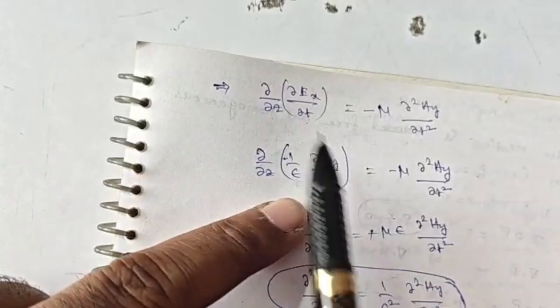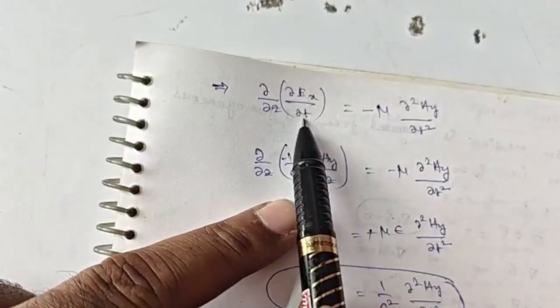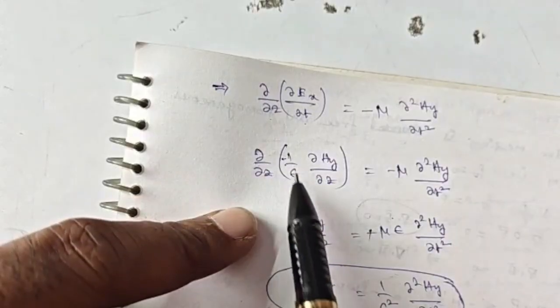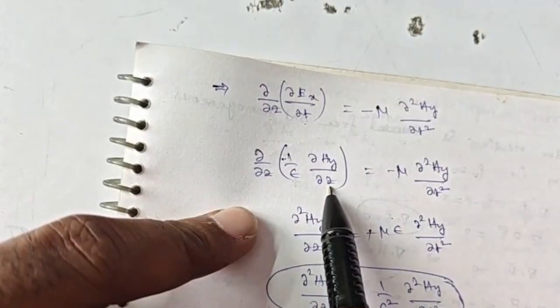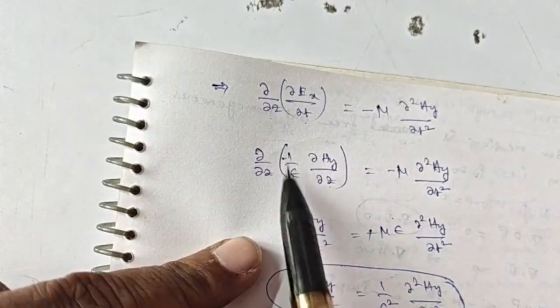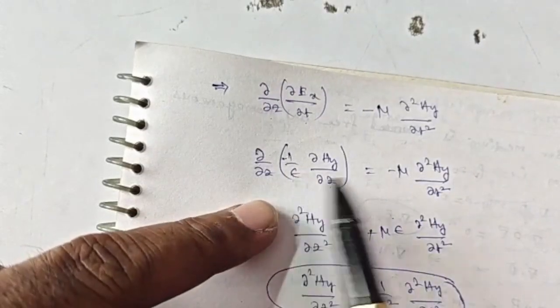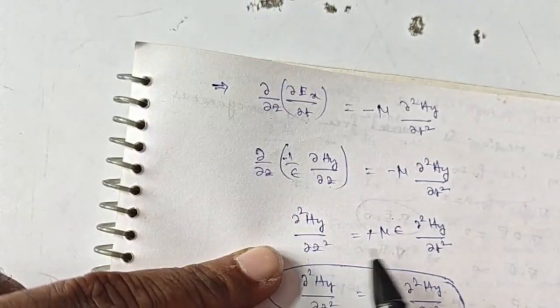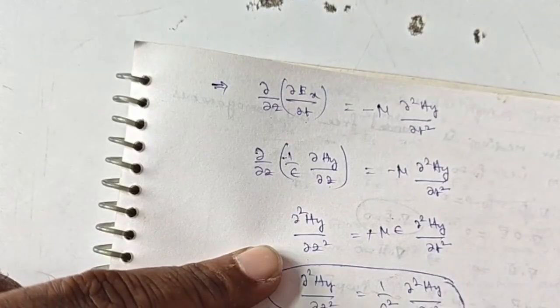So from equation 2, this ∂Ex/∂t I can write as minus 1 by epsilon ∂Hy/∂z, which is equal to minus μ ∂²Hy/∂t². So the minus will be cancelled out. Take this epsilon to the right side. So overall you get ∂²Hy/∂z² equal to μ epsilon ∂²Hy/∂